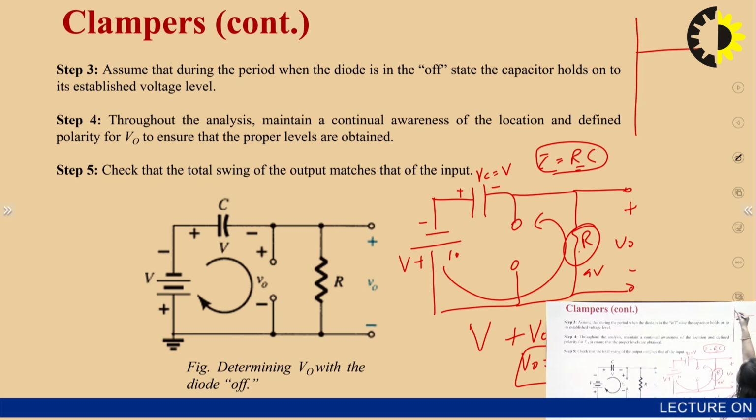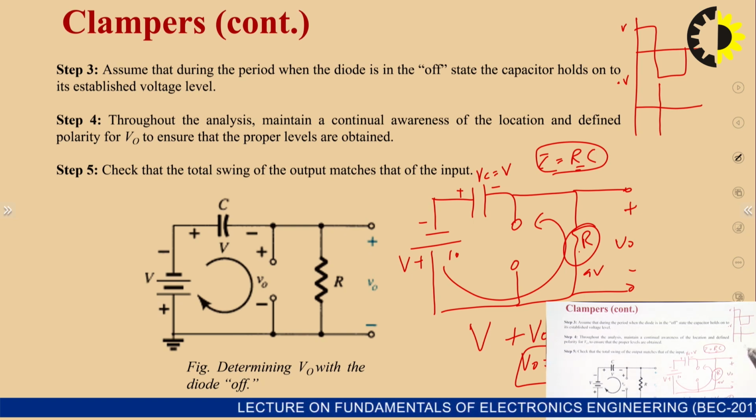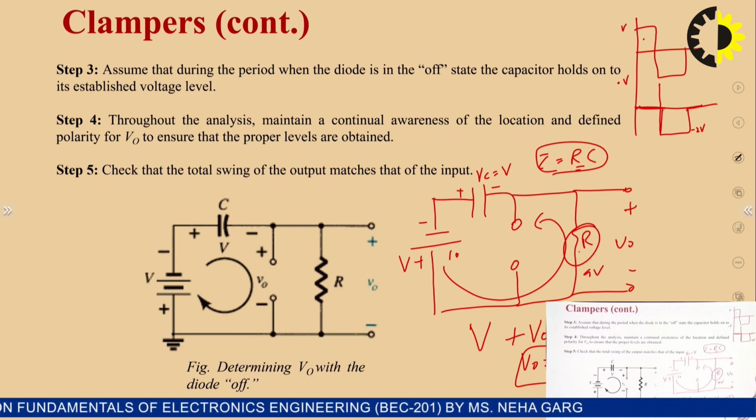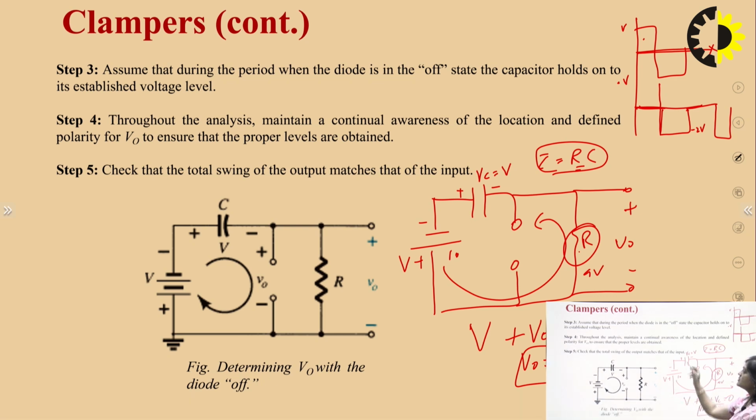Like this was our input V and minus V. So the output will be, we can see in the positive half cycle the output was 0. So this is the positive half cycle, this is the positive half cycle, the output is 0. In the negative half cycle the output is minus 2V. Again it is 0, again it is minus 2V. So we can see the DC level of the input is 0, but here the DC level is given by the value of VC. VC is equal to V, and the capacitor is going plus to minus, so the DC level will be minus V here.